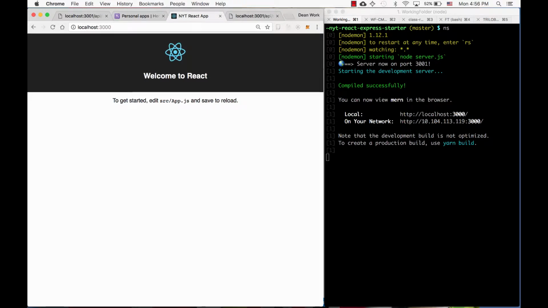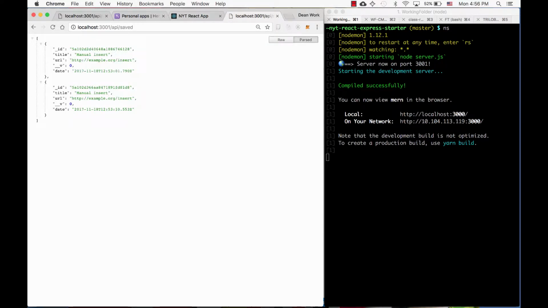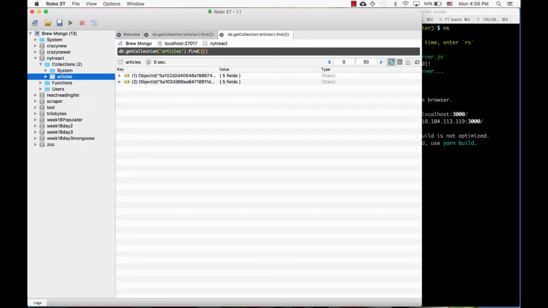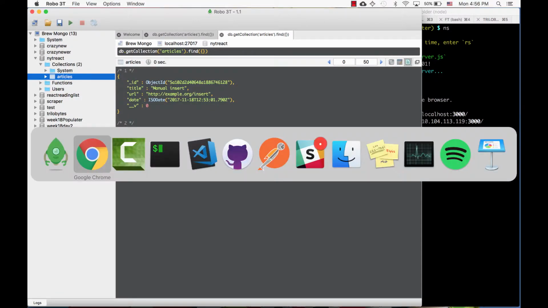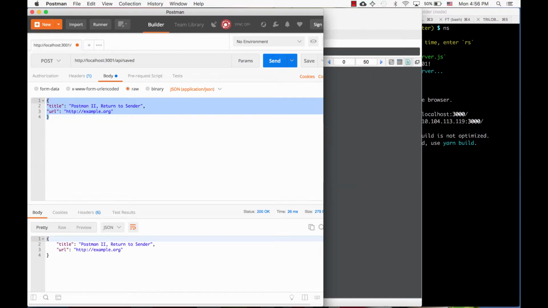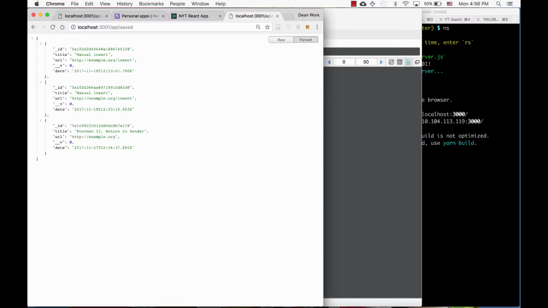All right, squad, we're picking up where we left off, where we had a create React app that was set up with just enough Mongo connectivity to query a table, and the collection rather, in Mongo. In addition to querying it, we're able to post to that endpoint. We can post a new article, Postman 2 return to sender, and we get the thing back that we posted. And more importantly, when we do a refresh of this API, we see Postman 2 return to sender